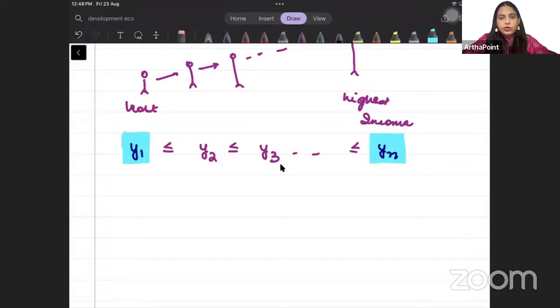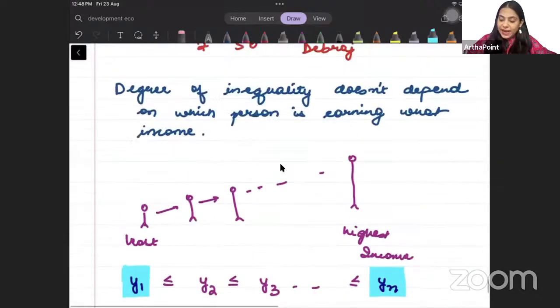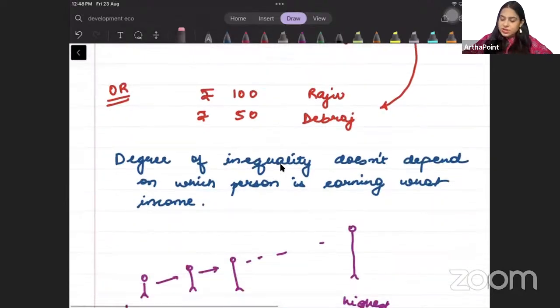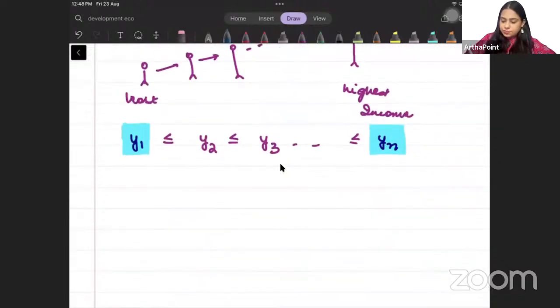From ethical point of view, we want to work with no bias. मतलब मेरे को कोई bias नहीं create करनी कि oh, Debraj is my brother, so I am worried if instead of 100 he is getting 50. No, there should be no bias. मुझे नाम से मतलब नहीं है. I am just worried about the amount of inequality in the economy. Right? So please write down,